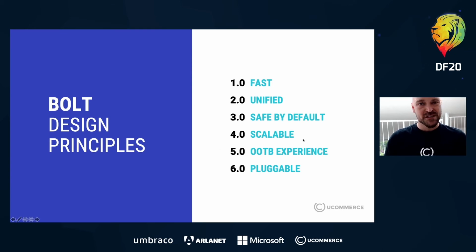They had to be scalable because e-commerce, right? And we wanted to make sure that the out-of-the-box experience with the APIs was great. The out-of-the-box experience with Ucommerce is something very near and dear to myself, because I've worked with platforms that take 20 pages of Word document to set up, and it's a very, very poor experience. So we want to enable an experience where you install Ucommerce, you install Avenue Clothing on Umbraco, and you're good to go. And we wanted to make sure we didn't break that with the new API. And it needed to be pluggable so we could support the various search engines out there.